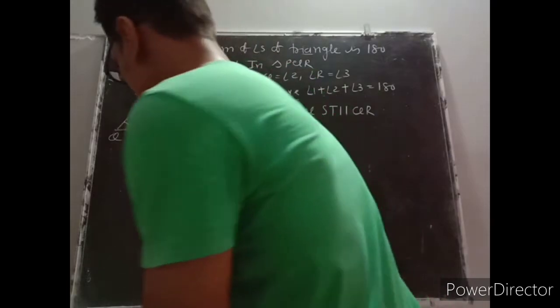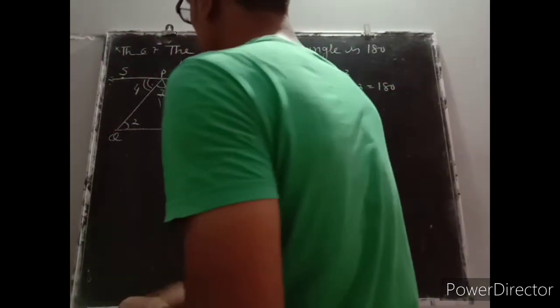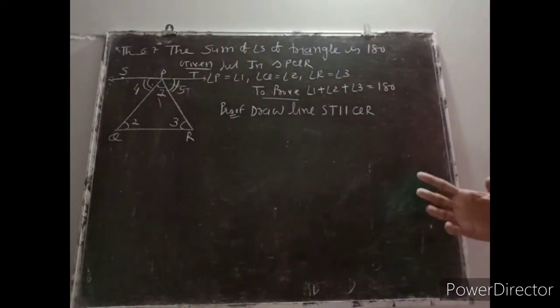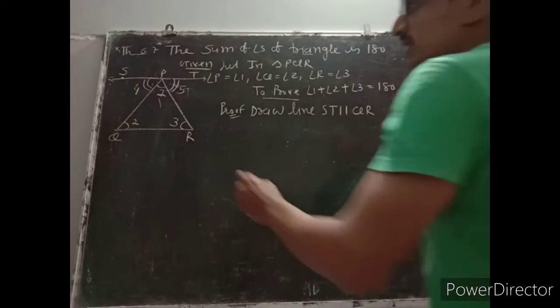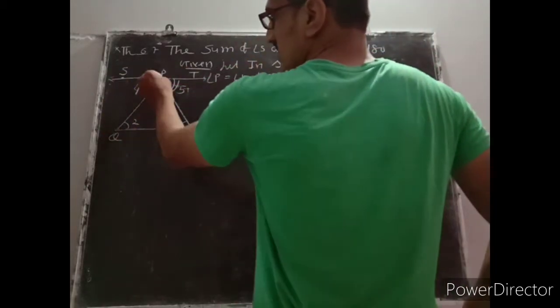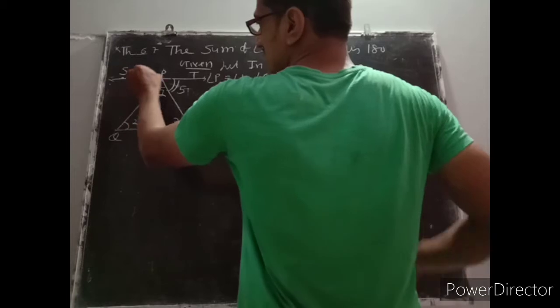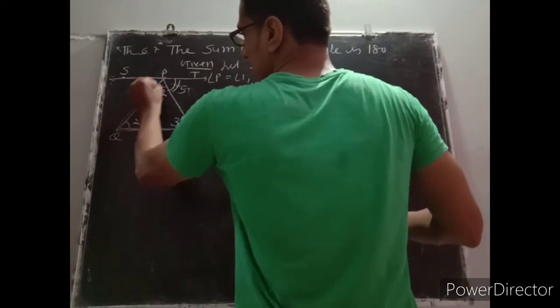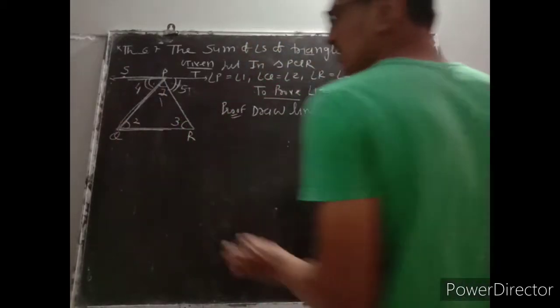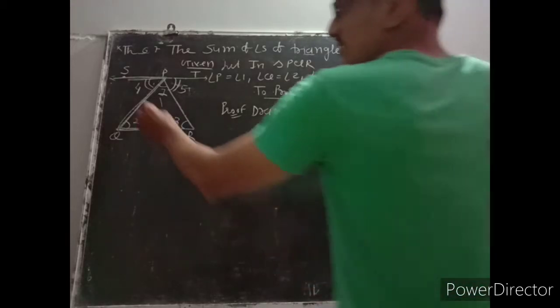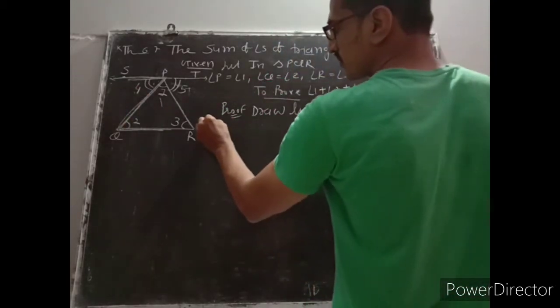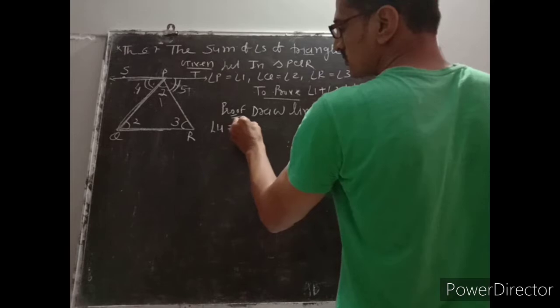But before that, let us apply the logic of alternate angles. See, these are parallel lines. So if I consider transversal line PQ, then this Z will form. Check it out. So which are the corners of this Z? 4 and 2. So angle 4 equals angle 2.